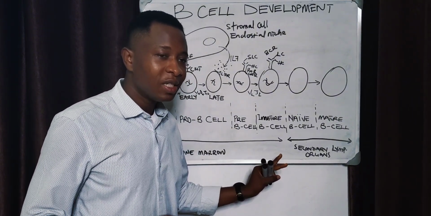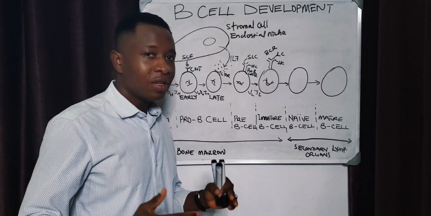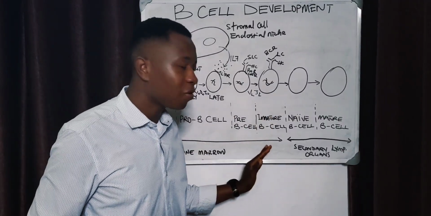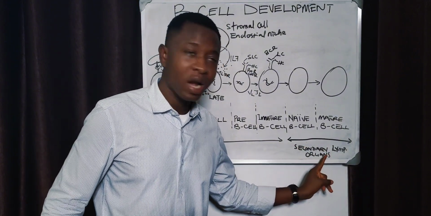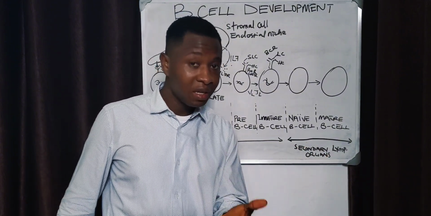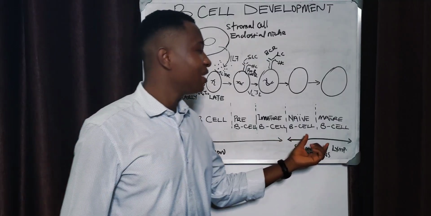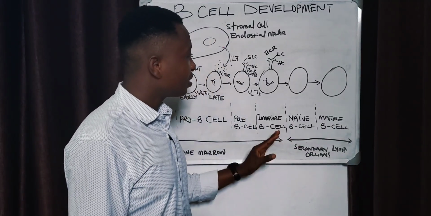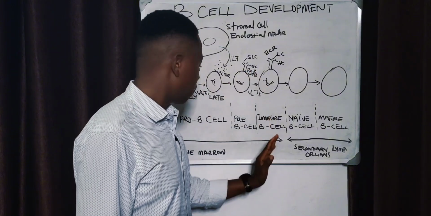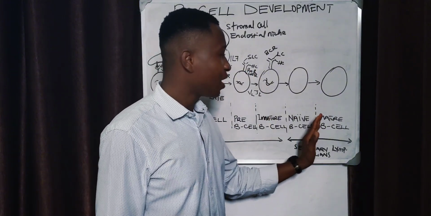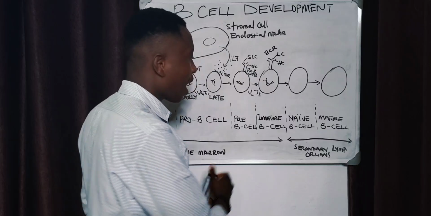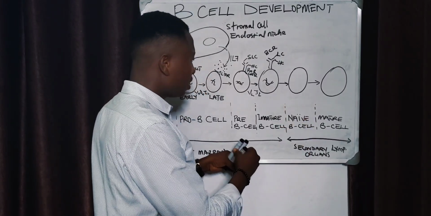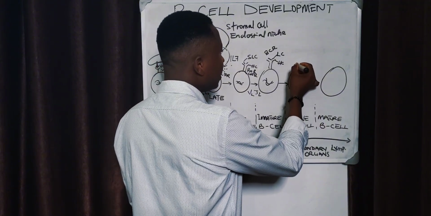So we can now see that the B cell actually does the chunk of development in the bone marrow. However, it moves out from the bone marrow to secondary lymphoid organs, which are maybe the spleen and the lymph nodes, to complete its development. So what happens is that the B cell moves from the bone marrow to the secondary lymphoid organ. At this stage, it is now called the naive B cell. And why is it called the naive B cell? It presents